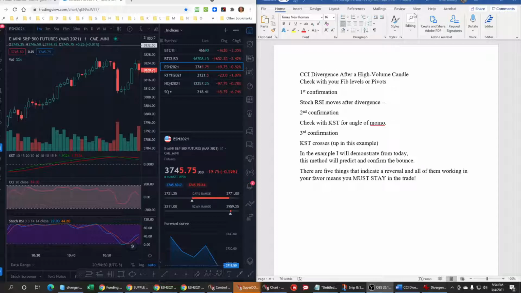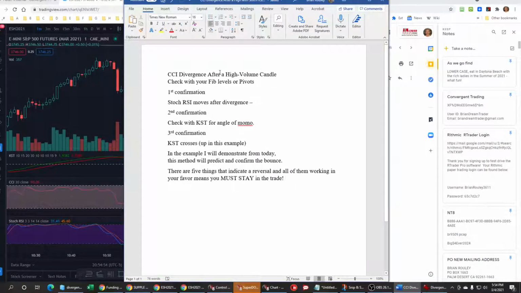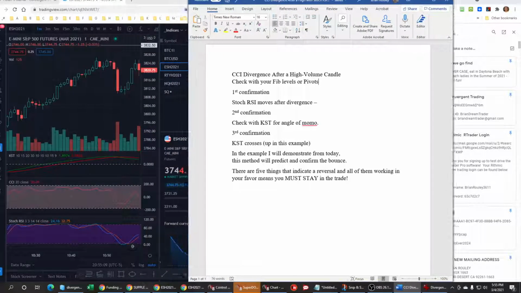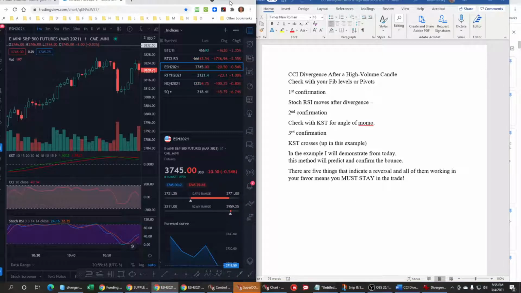And this is what I intend to show on my chart. I will basically point out where one might have picked out, where we might have found the bottom today using this method, which I put together some time ago. And if I take one trade tomorrow, this will be the setup that I'm looking for from either the top down or bottom up. So let's look at it on the chart, and I'll just walk you through the CCI